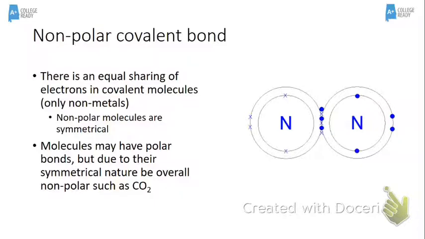So we have a nitrogen-nitrogen bond. Well, our nitrogen has an electronegativity of 3.0, and our other nitrogen has an electronegativity value of 3.0. So you're going to take these two and subtract these two values from each other, and you're going to take the absolute value, and that gives us 0. So it tells us that that molecule is perfectly nonpolar. Now, on the other hand, we'll have molecules such as CO2,